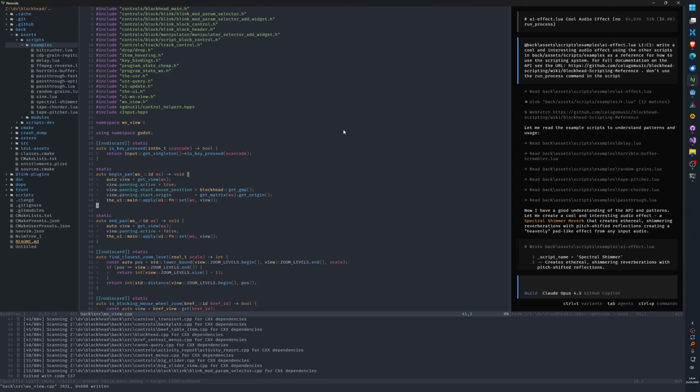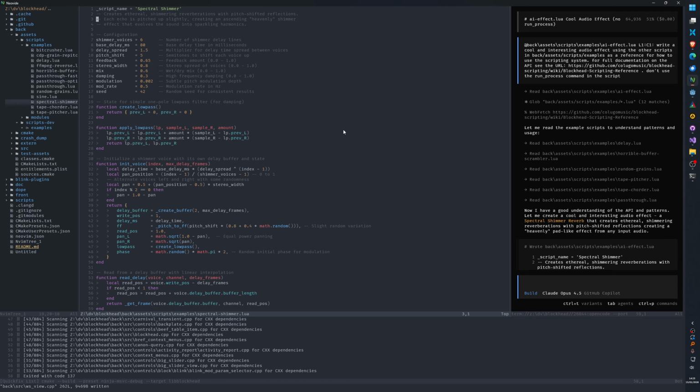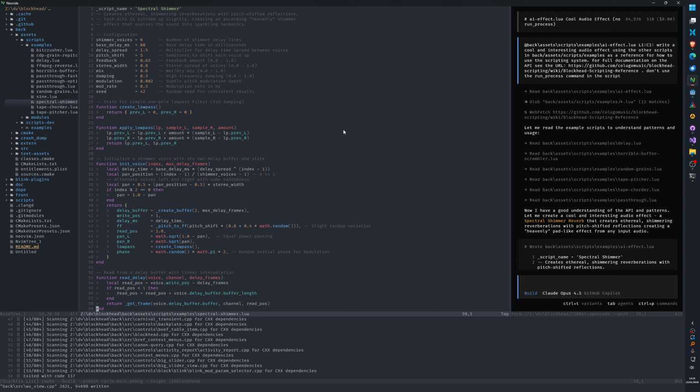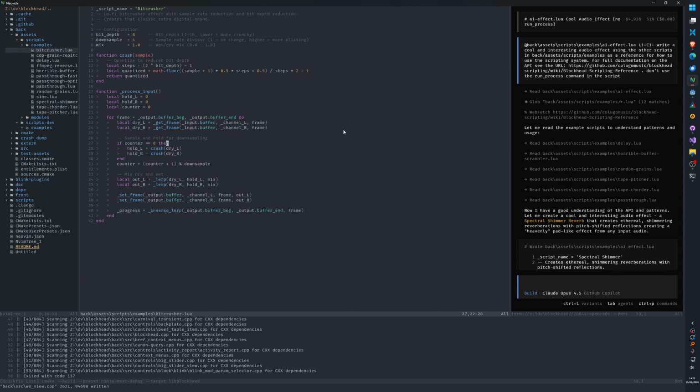So I'm going to move these AI generated scripts into scripts dev, and I don't really want to just put them out there because they're AI generated. Not 100% comfortable just putting AI generated code out there that I haven't vetted properly because I haven't read all this code. BitCrush is a bit simpler.